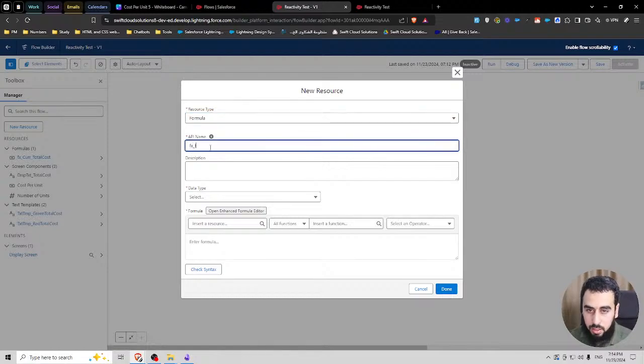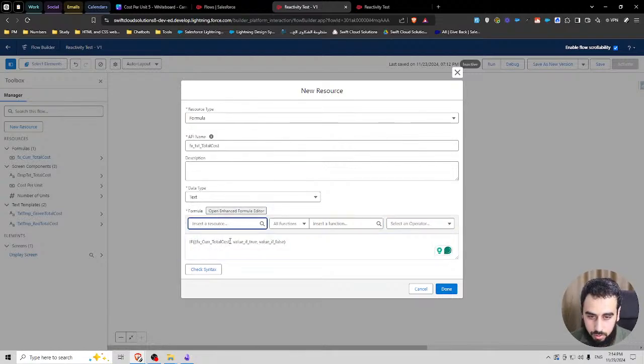This is a text formula. It returns the text. The total cost is just the text, and now that's the total cost. This is the one that we're going to display eventually. Let's give this a try. Now this is going to be an if: if the total cost is greater than 0, then return the green text template, else return the red text template.